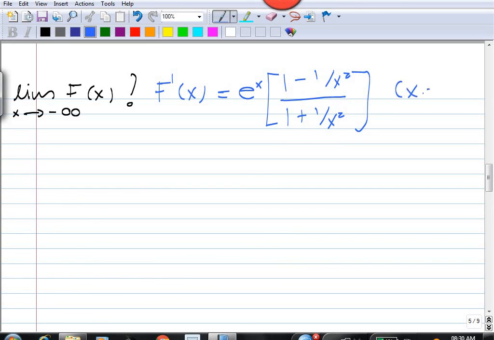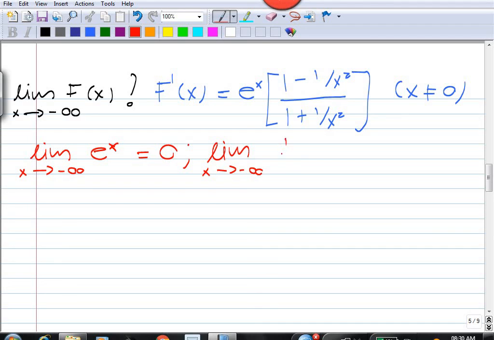Of course, this is valid only for x not equal to 0. And now again, we know what happens as x goes to minus infinity: e to the x goes to 0. And just as before, as x goes to minus infinity, 1 over x squared goes to 0,